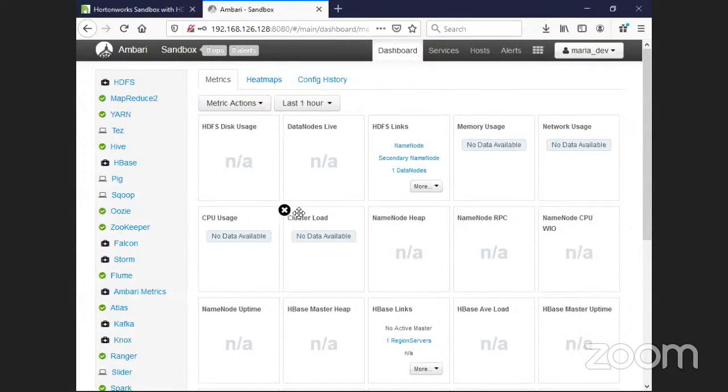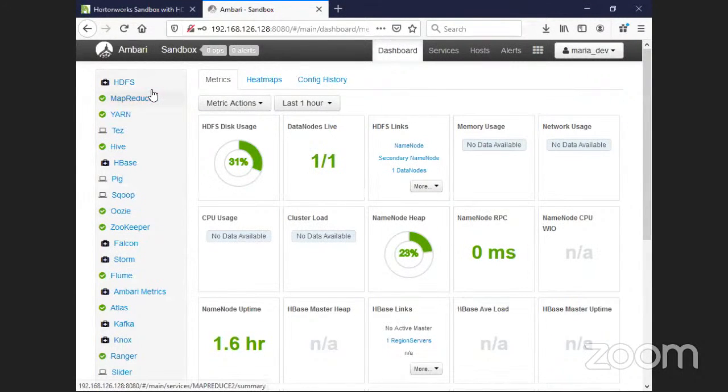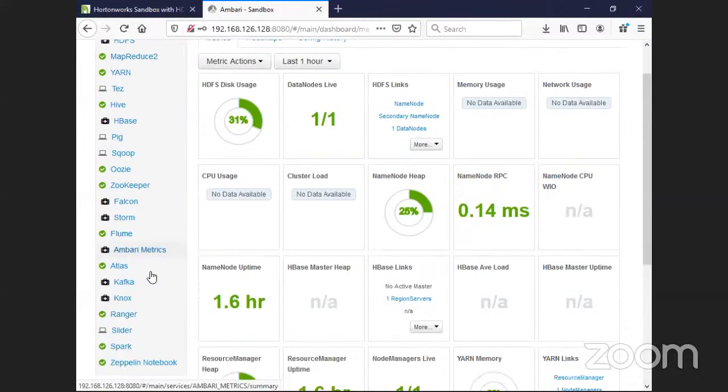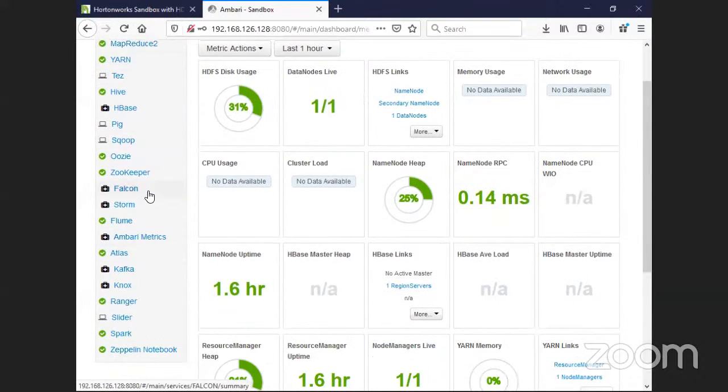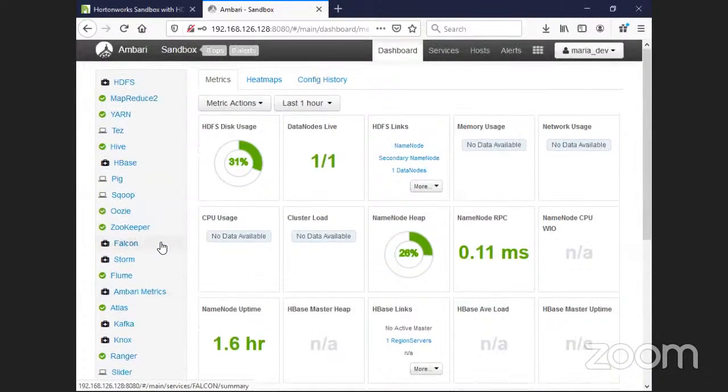I hope you are able to see my screen, right? It has given you different information. Morning we talked about different ecosystems, right? Like MapReduce, YARN, HDFS, Tez, Hive, HBase, Pig, Sqoop, Oozie, Zookeeper, Falcon, Storm, Flume, all these were ecosystems available in the HDFS file system. And further, you can see here